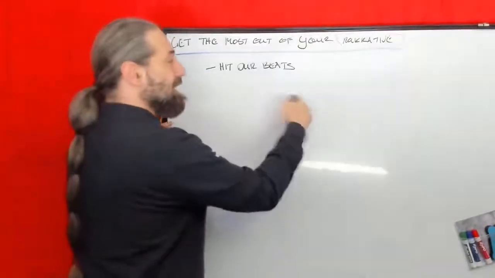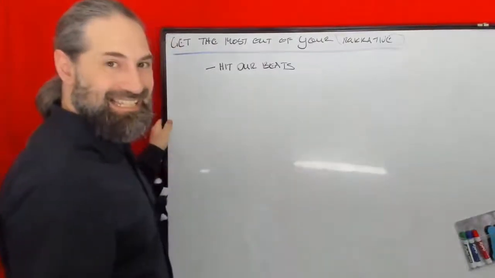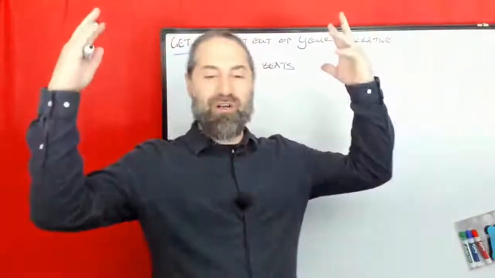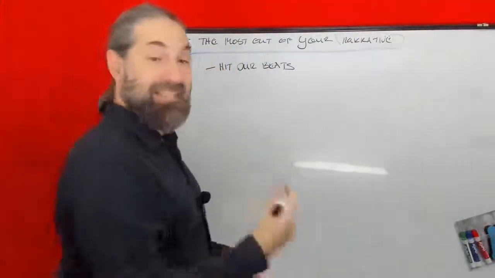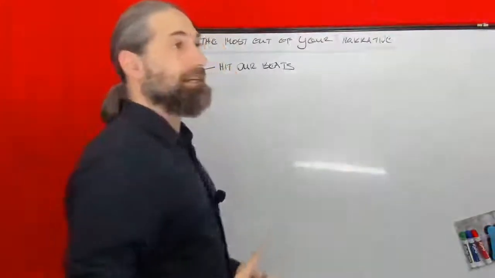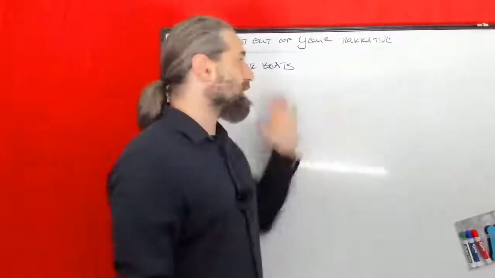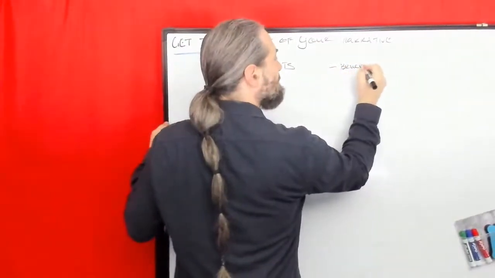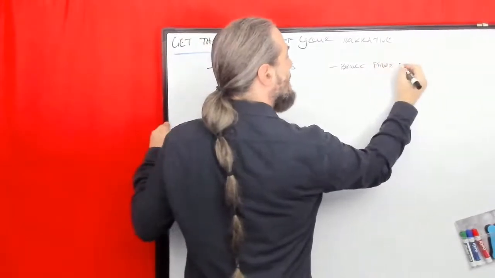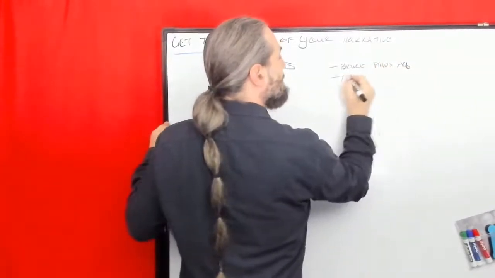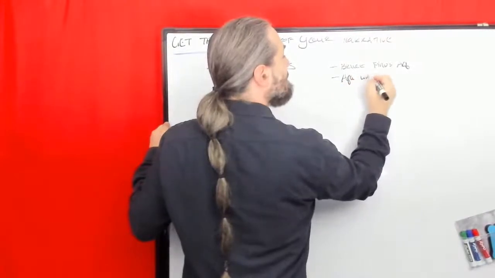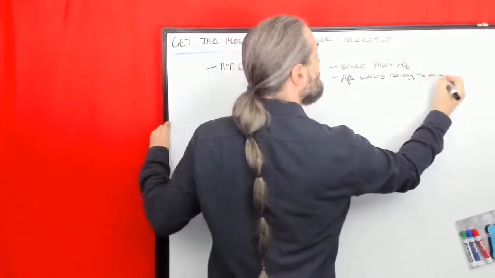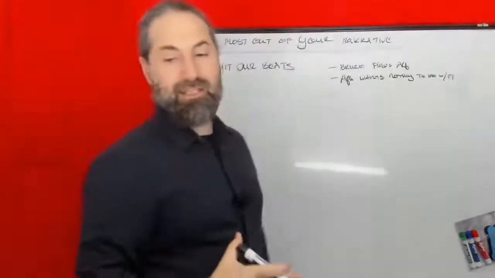Your outline should be filled with beats, not scenes, not like, oh, we need to see Aquaman getting splashed by water. That wouldn't be there. But in that scene, it would be Bruce Wayne finds Aquaman, and then Aquaman wants nothing to do with it. By the way, not to really knock that movie,